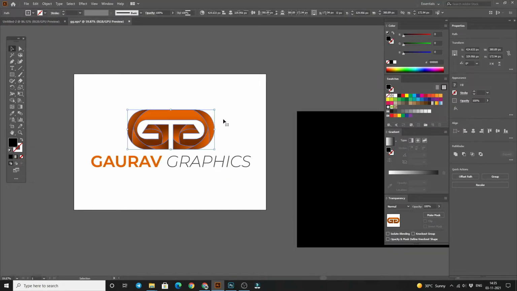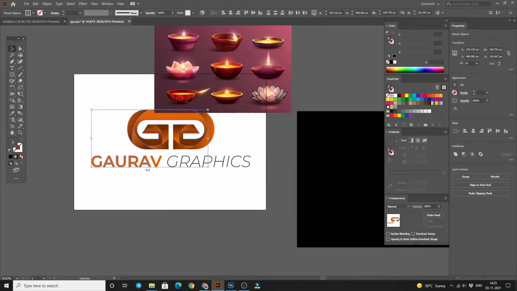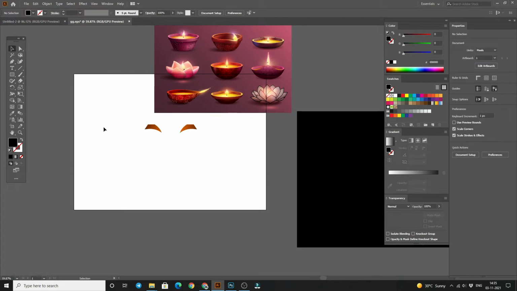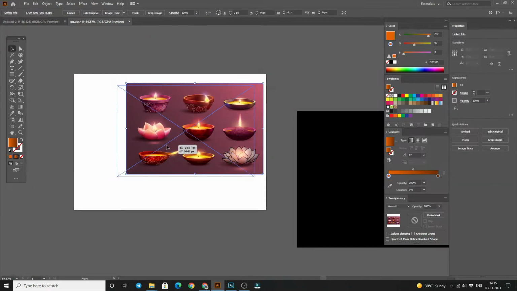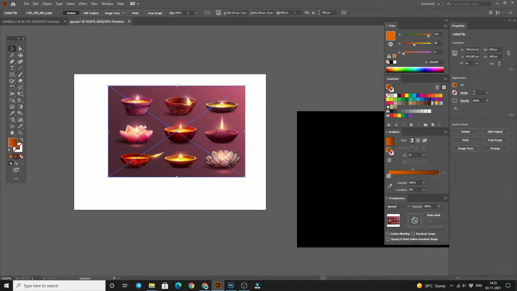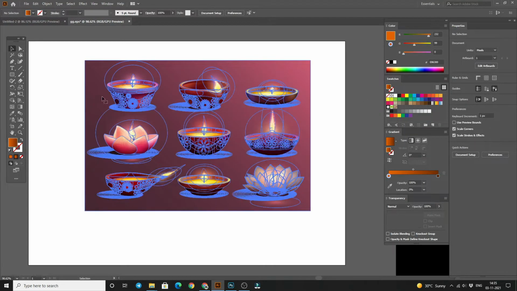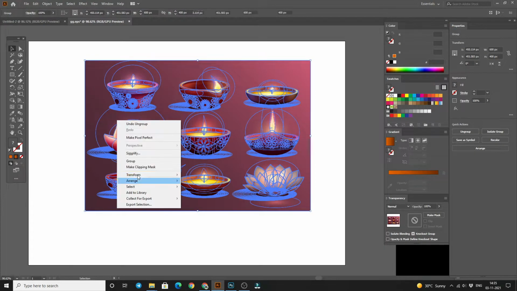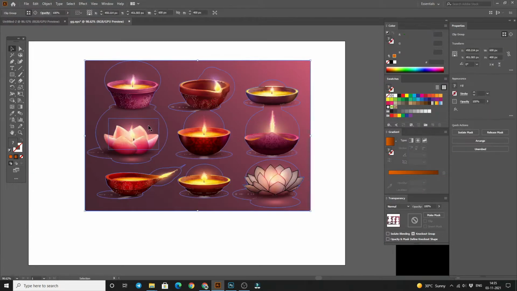Put that file here and delete all the unnecessary parts, and put that thing here. Now embed it, zoom in, and ungroup, then delete again.